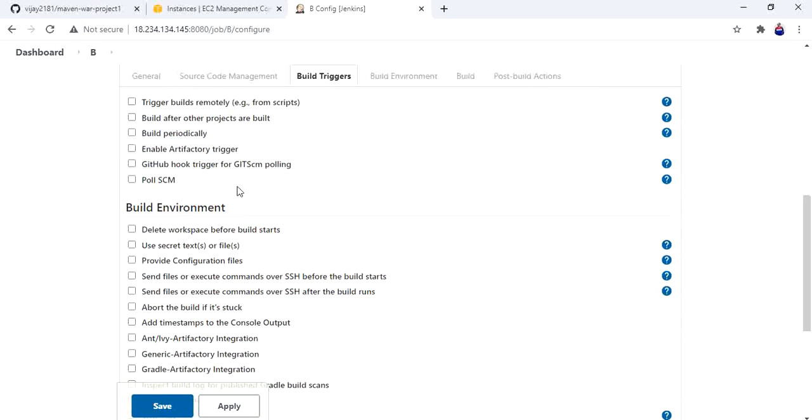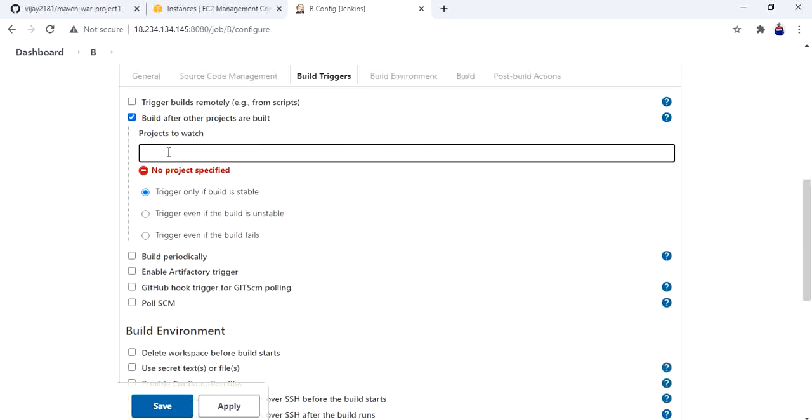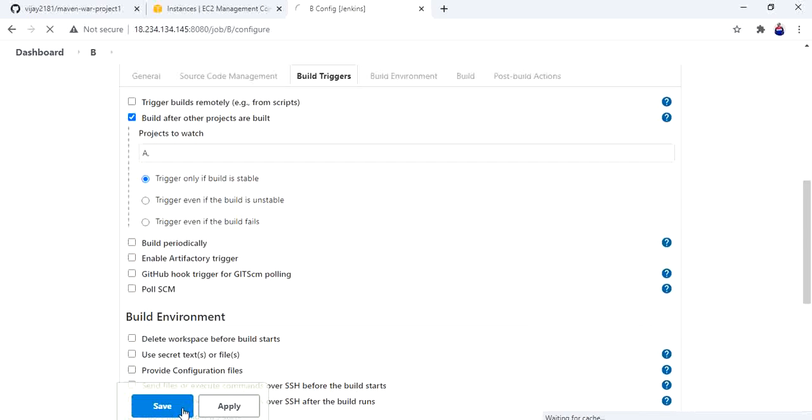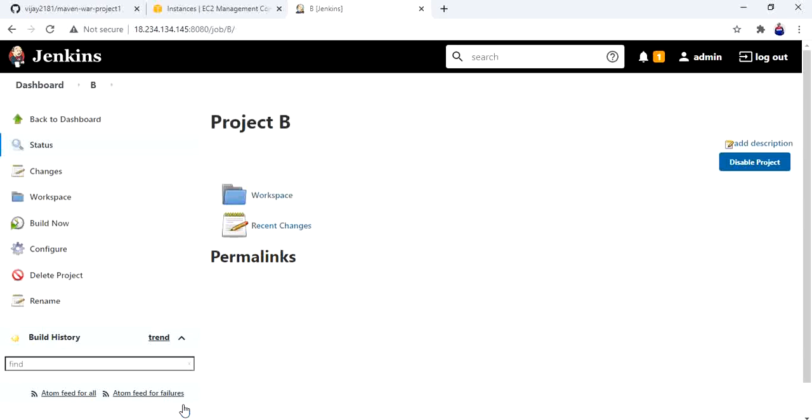Build triggers, build after other projects are built, select A, save. Okay,